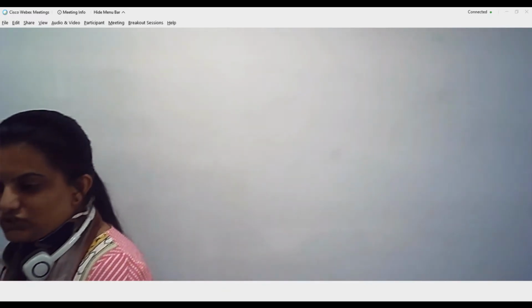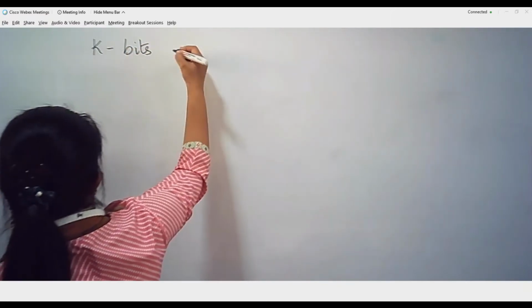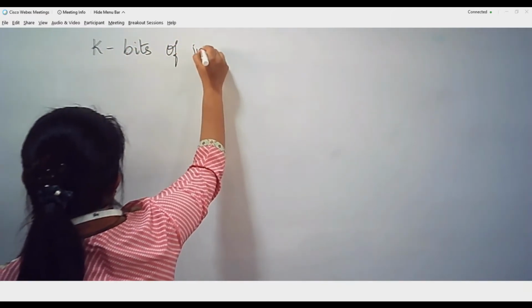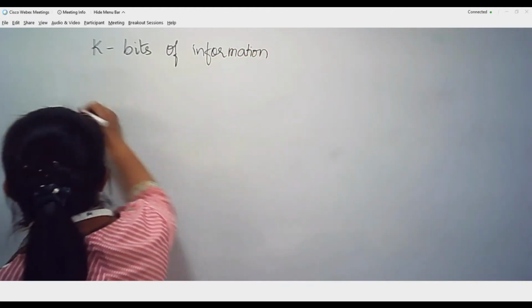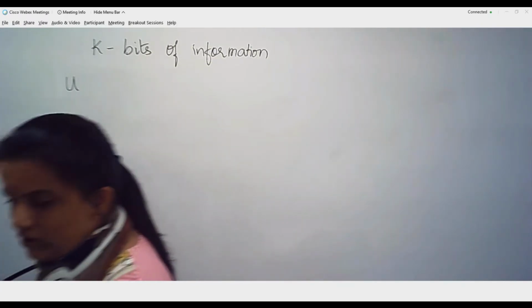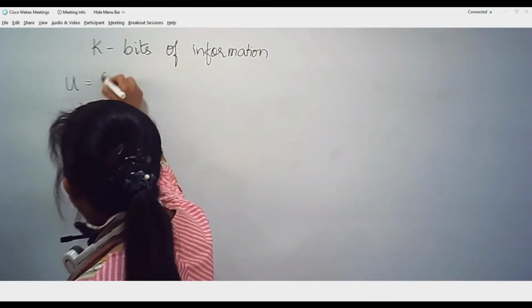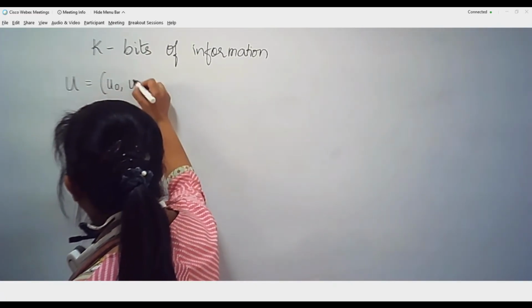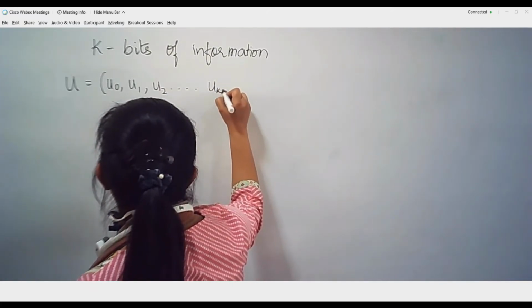The k bits of information are represented as the input message vector u, consisting of u0, u1, u2, and so on up to u of k minus 1.